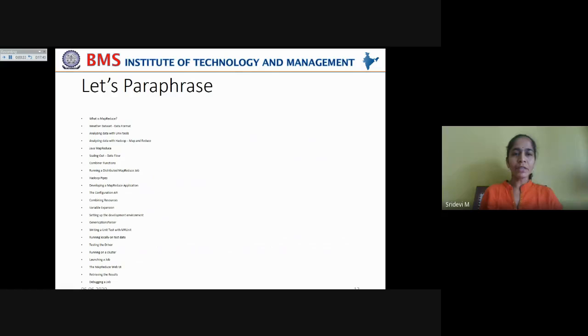And also we have seen how to scale out and how the data flow looks when we are scaling out the job, and how to use the combiner functions as an intermediate level between the map and reduce functions in order to reduce the data that is being transferred between the map and reduce phases.